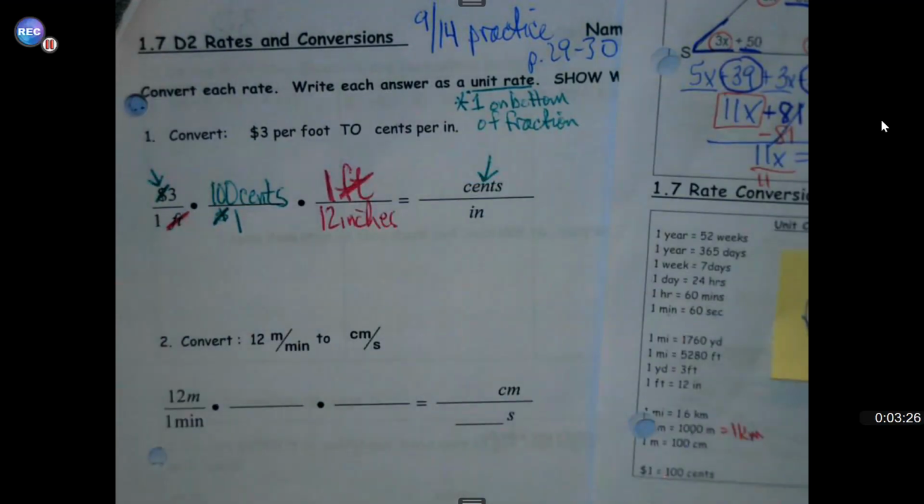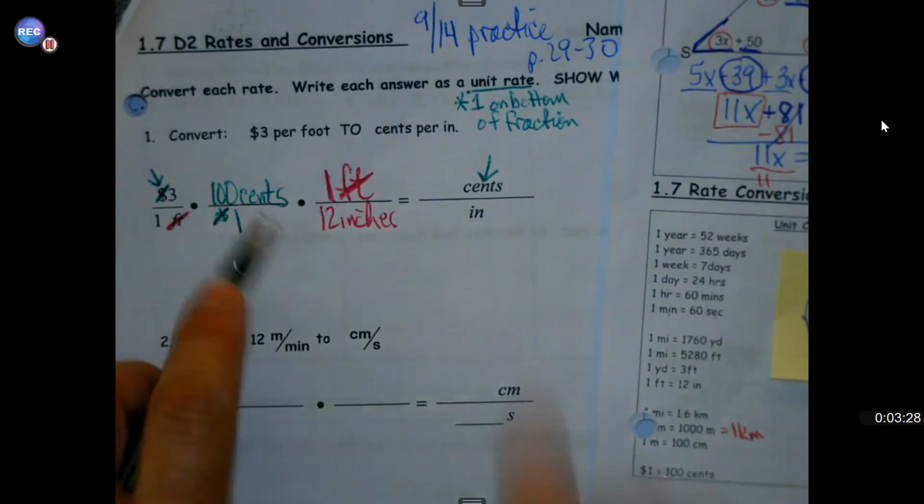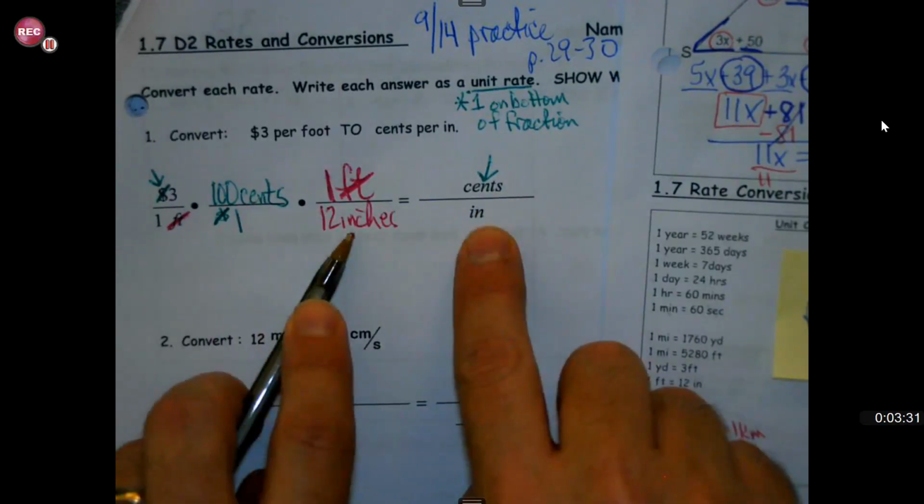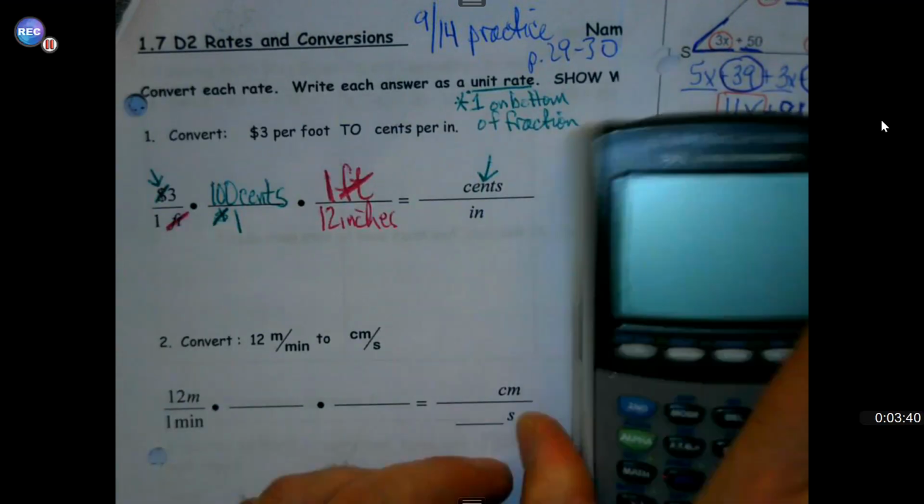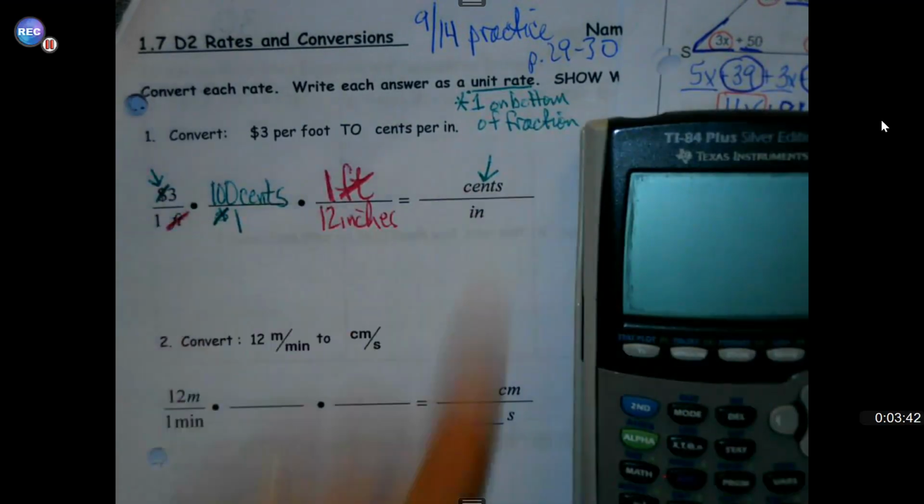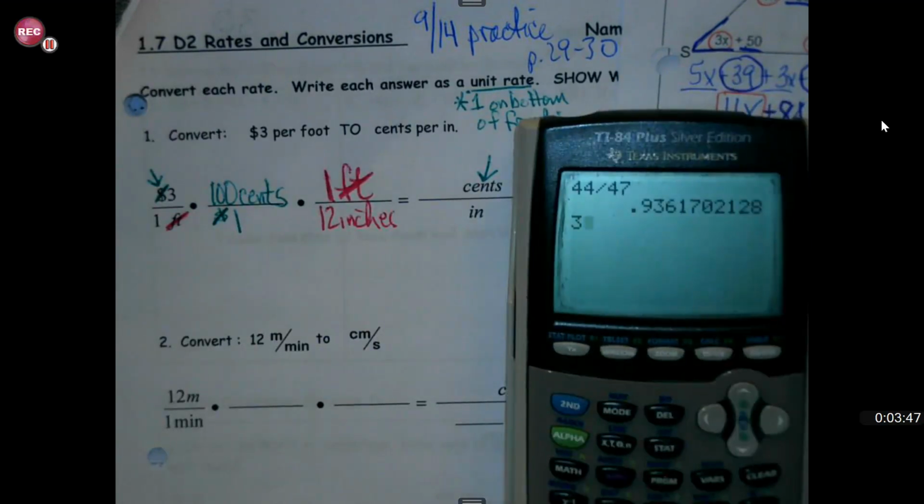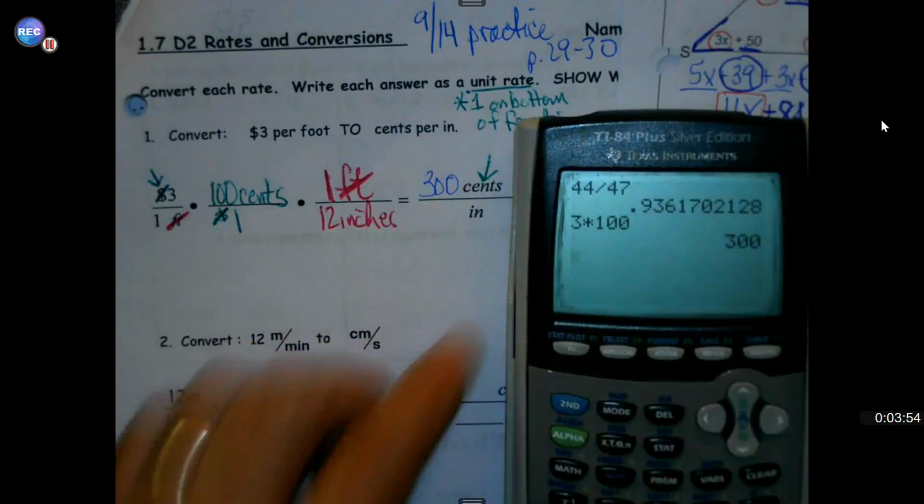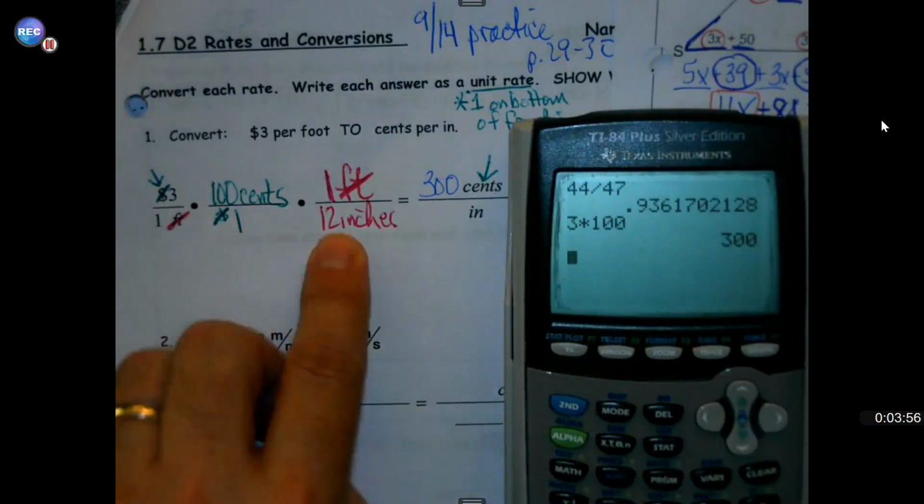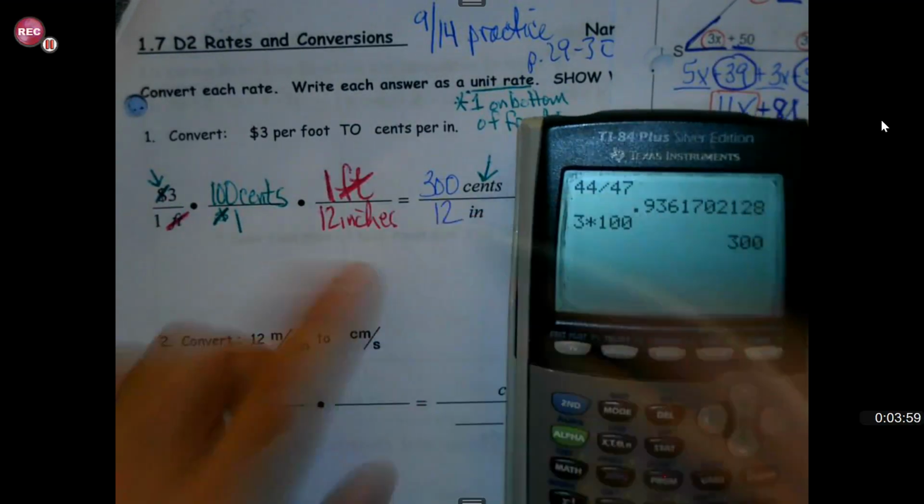Totally done to get the feet to cancel, and now I notice I got cents left on the top, I got inches left in the bottom. That's what I wanted to get to begin with. So now all I've got to do, once I have that down, is we're going to multiply straight across. So 3 times 100 would be 300 cents. And 1 times 1 times 12 is 12 inches, but